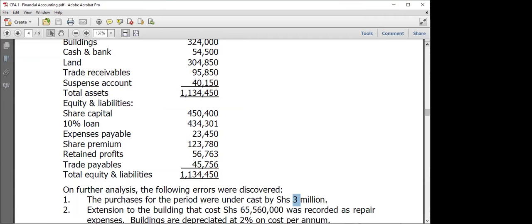Now, to basically understand more what you're going to do with each error, is to understand what kind of error this is. You get it. So if they're saying purchases for the period were undercast by 3 million, this is kind of an arithmetic error. Undercast is like you're adding, so you added by less, worth 3 million. So we said the arithmetic errors are errors that definitely affect the trial balance. So when we are making the journal entry here,